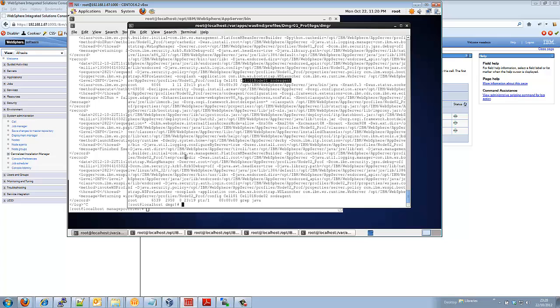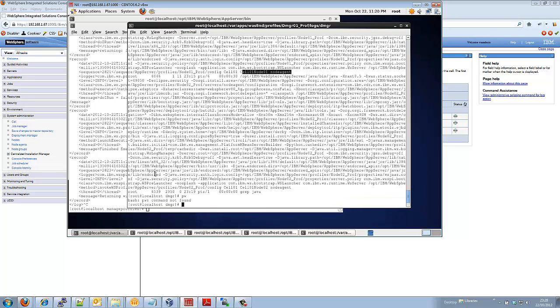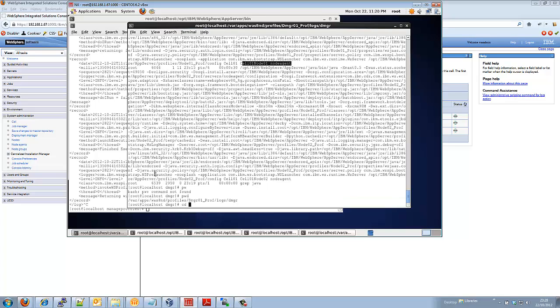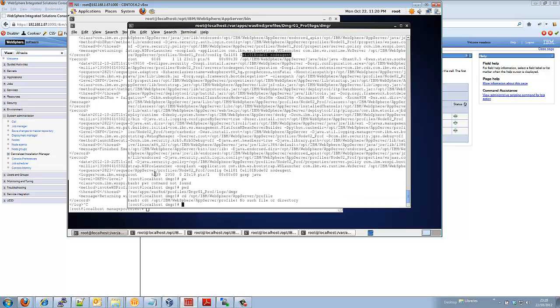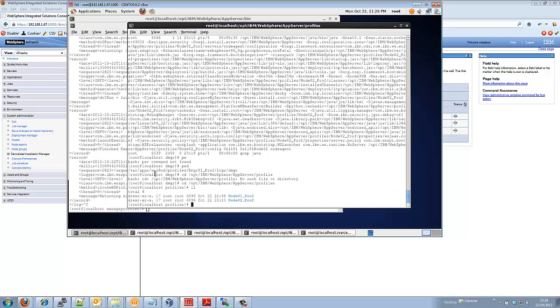So what we're going to do is very quickly find the binary root, because that's where the profiles are in this case. So we're going into WebSphere App Server profiles, and if we list this directory we can see that we have 2 profiles. So I'm now going to go into node 01